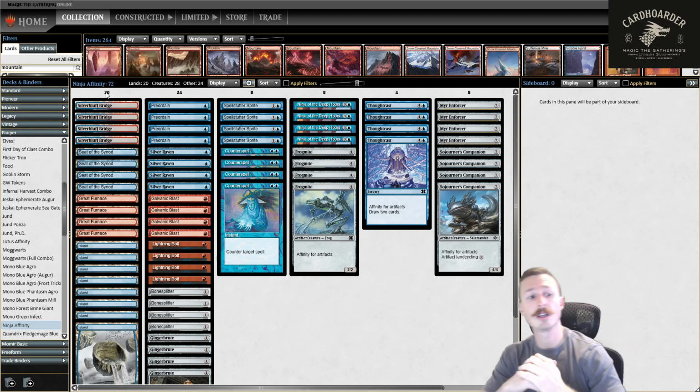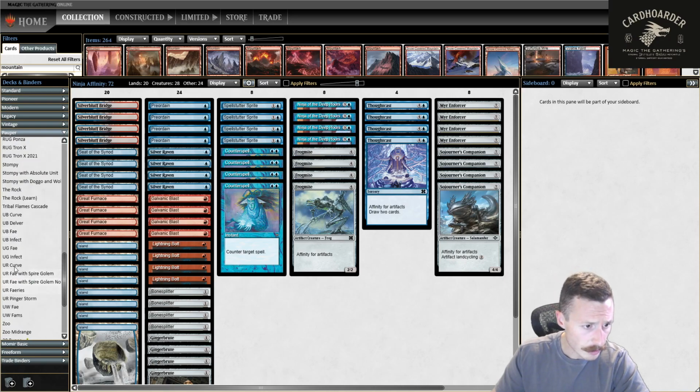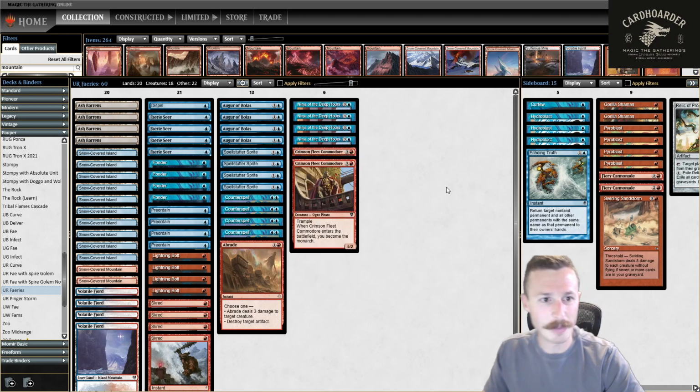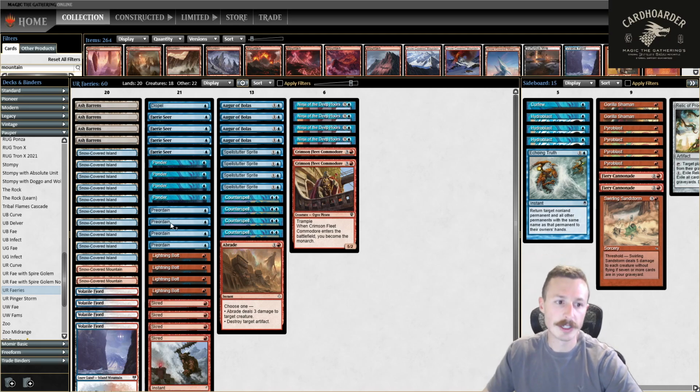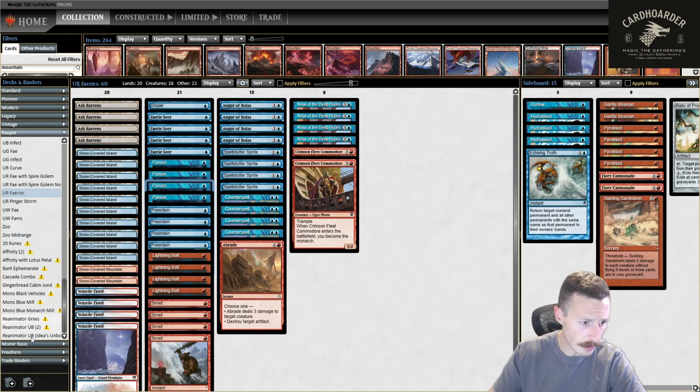Because usually in blue-red Fae, let's just look at a mana base, just so we have an idea here. In UR Fae, they play 8, 10 red sources. Ooh, Commodore, that would be a nice addition too. This deck also just plays way more spells and not as many creatures. Okay. And then